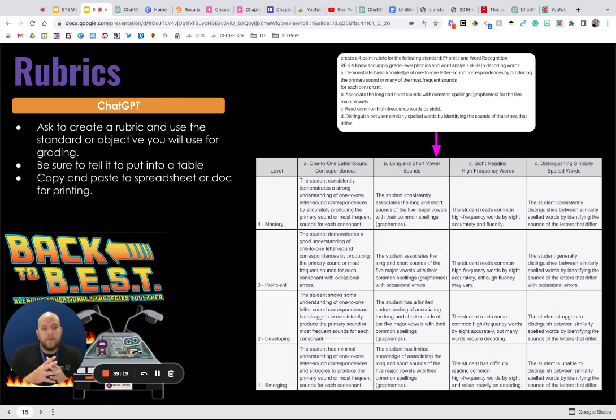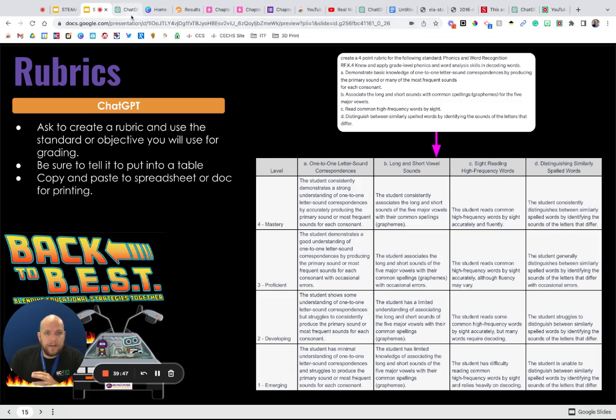Rubrics. So I'm sure several of us have had to create rubrics before, and you've got 4 levels, and you also have like 4 different standards, and so there's a bunch of information that you've got to fill in, and sometimes that could be a daunting task, especially if you have to create a bunch of them. So ChatGPT, again, like I said, is going to be the one we go to all the time for a lot of these things, and it has an option for that.